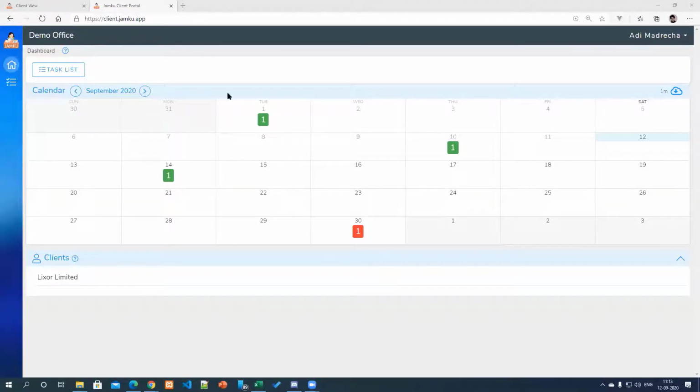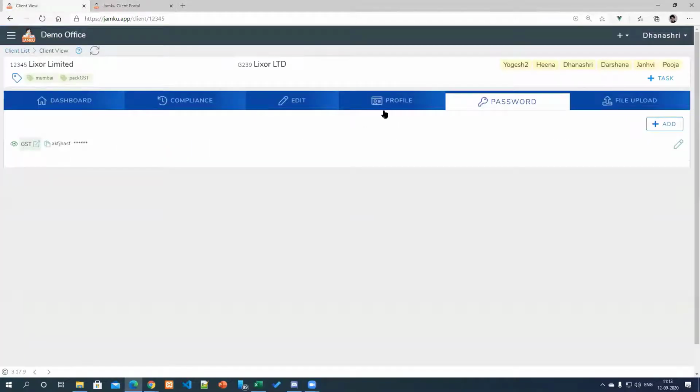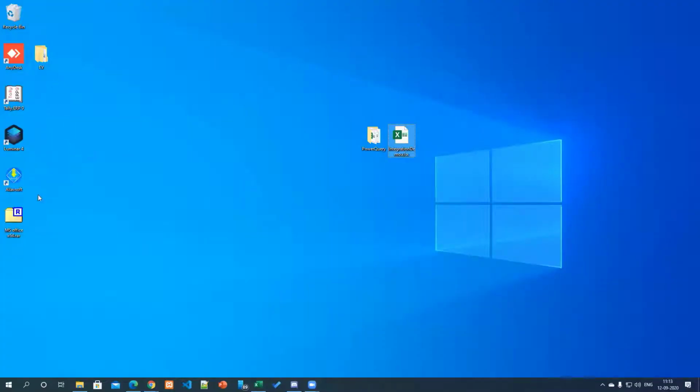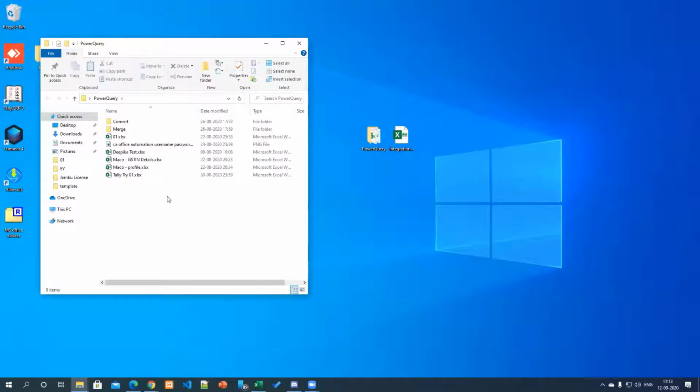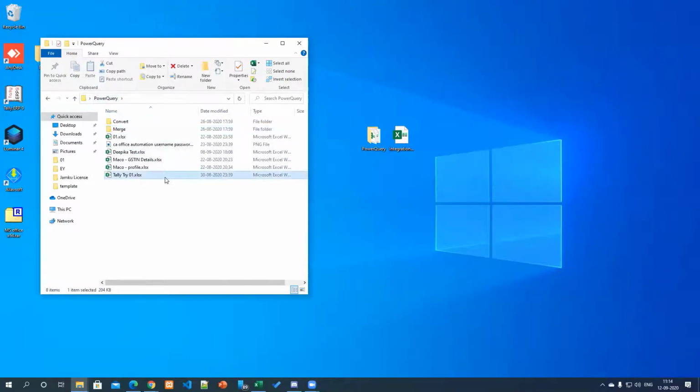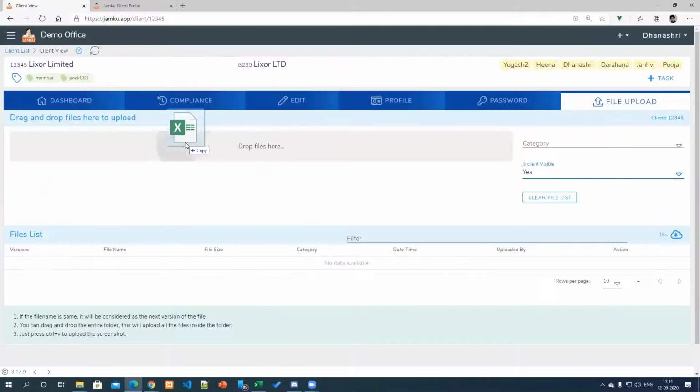Yes. So if I upload the files here in file upload, I can just say make client visible as yes. Let us go here and let us pick another file. Or let's just upload this.